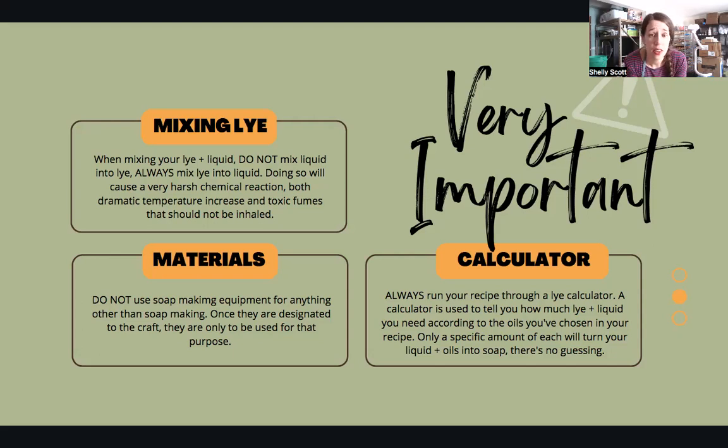Thirdly, calculator there on the bottom right. You always want to run your recipe through a lye calculator. And you might be like, Shelly, what in the world is a lye calculator? So in soap making, the oils and liquid need to be at appropriate ratios to actually saponify, or to mix together to make soap. So this calculator will tell you everything from how much lye to use, how much liquid to use,